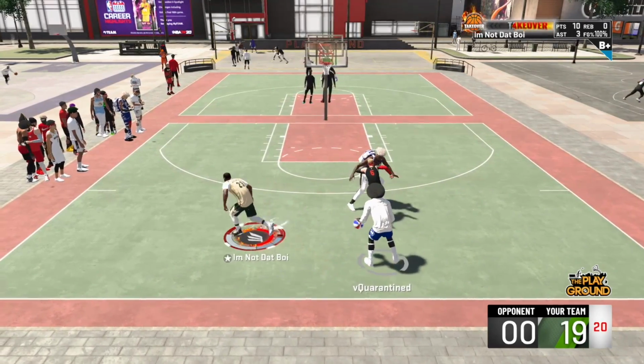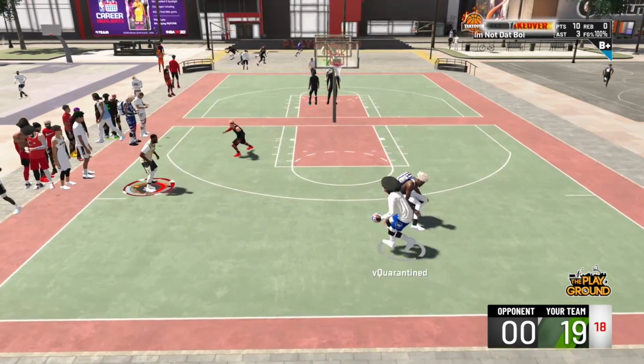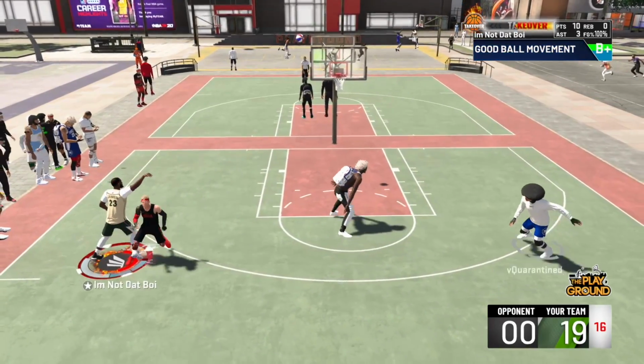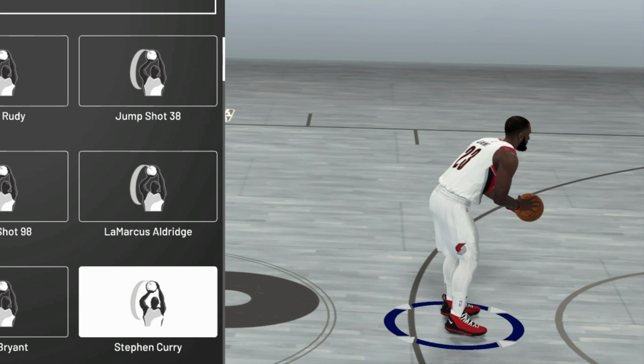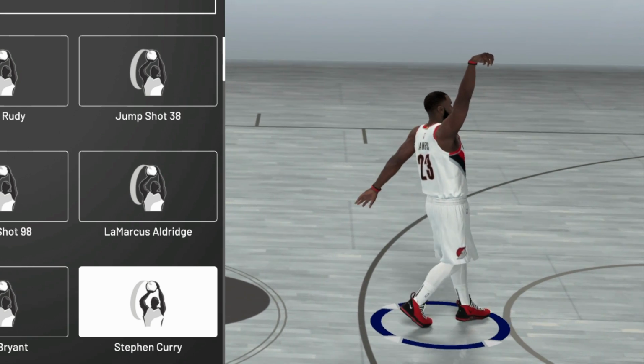But listen, base 38, no matter what quick draw you use, it's a really, really good jump shot, especially in catch and shoot situations like that. It's ridiculous. Let's get into the third jump shot. That is going to be Steph Curry. Okay, now